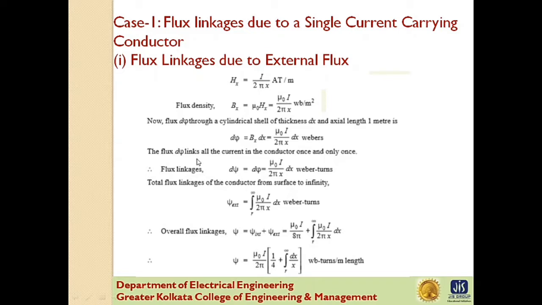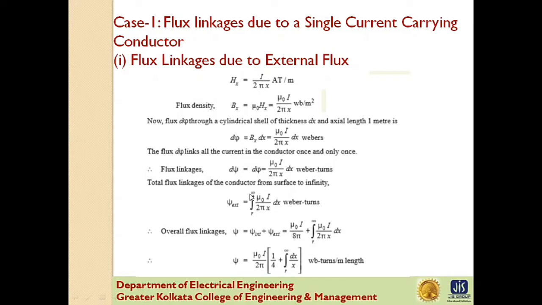Now the flux d phi links all the current in the conductor once and only once. So the flux linkage d psi equals d phi equals mu 0 I by 2 pi x dx Weber turn. Now the total flux linkage of the conductor from the surface to infinity, we integrate this term from r